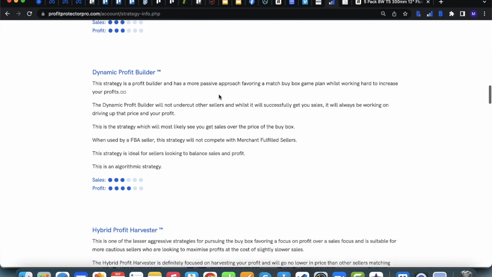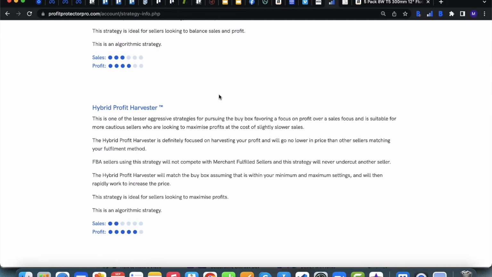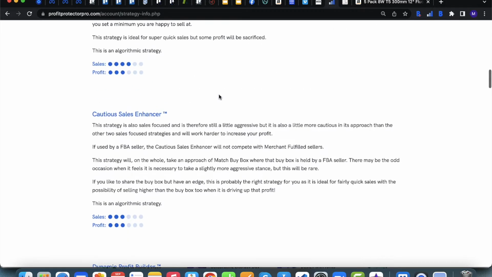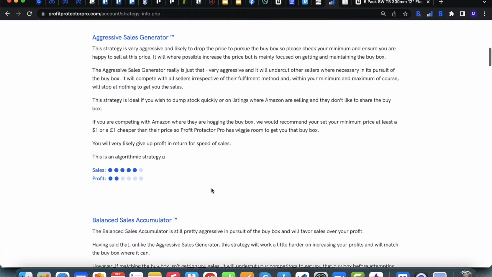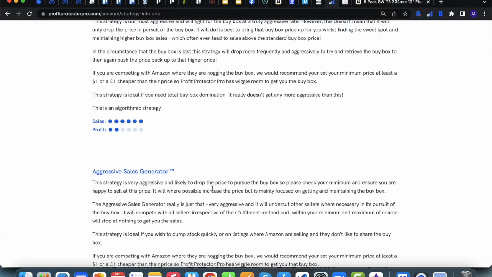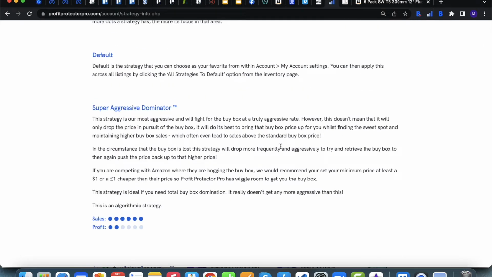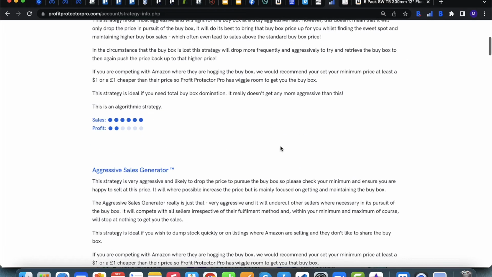You've got more profit focused ones that are a bit more passive, and then you've got strategies that sit somewhere in the middle, and it works the same way with the merchant fulfilled strategies as well. And again, it is completely up to you which one of these you choose, but what is really useful with this page is not only do you have the description of how exactly it works, it also gives you examples as well. You've got these explainer dots here which put it nice and simply how that strategy is going to work.